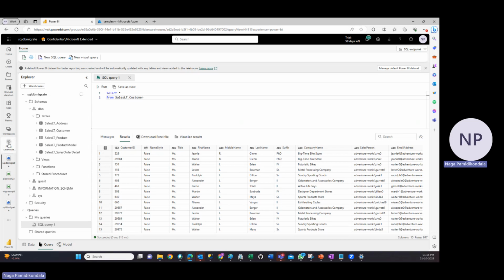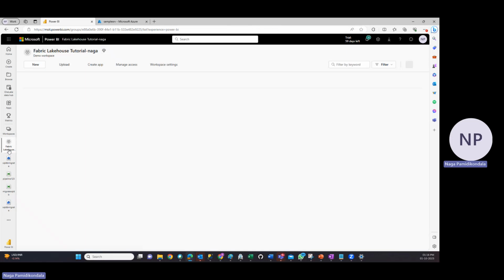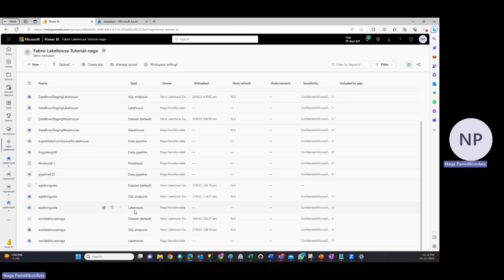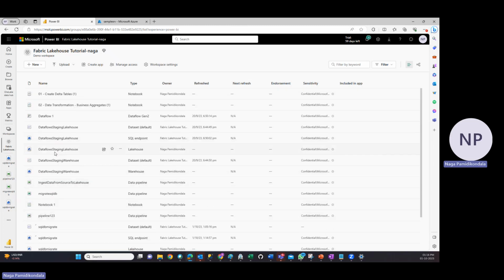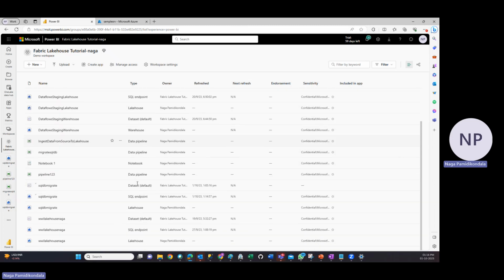I am going back to the workspace Fabric Lakehouse. You can see a default data set getting created, right? So our lakehouse name is SQL Migrate, meaning within one workspace, can I have multiple lakehouses? Yes, you can create number of lakehouses, right? So in that, there is a SQL endpoint, and at the same time, there is a default data set. If you click on that,